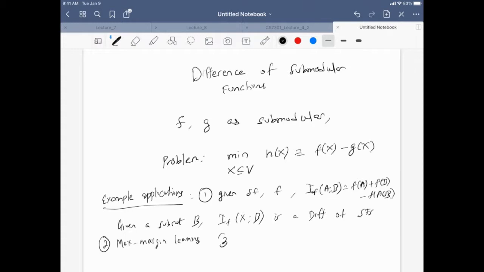Another application is the mutual information itself. Just like the submodular mutual information, you look at the mutual information of X of A with respect to your class variable Y, right? This itself is a difference of submodular functions, and this is useful for feature selection. So the point is that for many kinds of functions, you have this difference of submodular optimization. So it's an important problem to consider for solving real world problems.